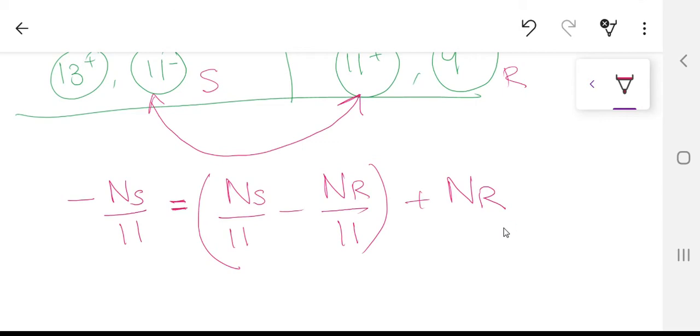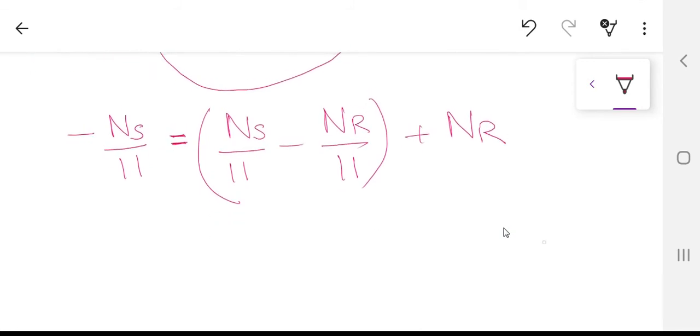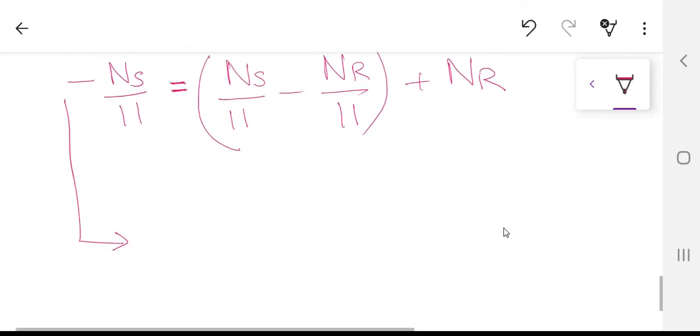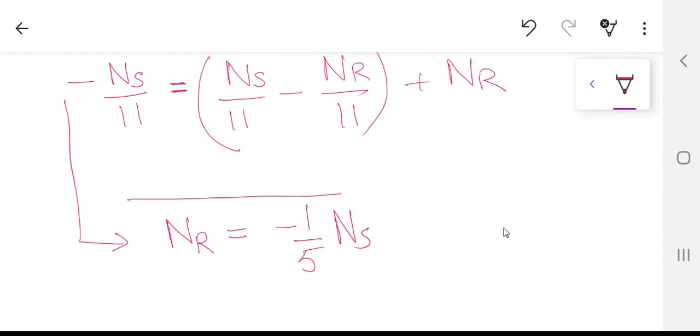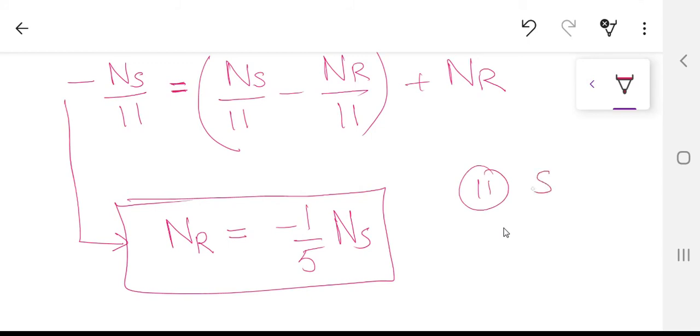But supposing there is an example over there, then you just have to evaluate this equation. I'm not going to go into the mathematics of this one, but you are going to find out that nr is going to be equal to minus 1/5 ns. What this is telling me is that the 11th harmonic from the stator, which is certainly in the negative, and the 11th harmonic from the rotor, which is certainly moving in the positive direction, are both going to have a locking phenomenon, but that is going to happen at minus ns by 5.